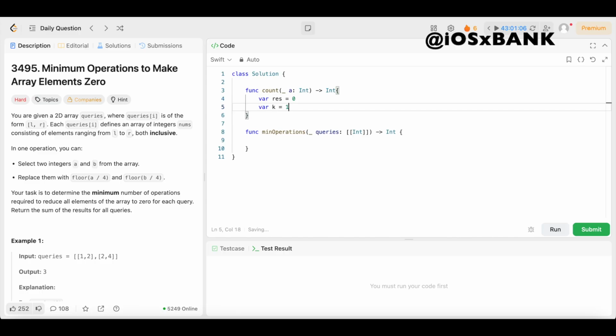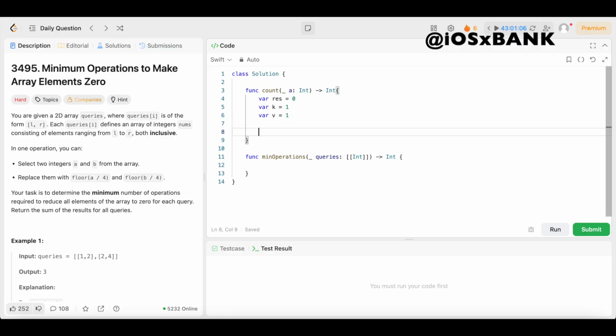Then we need the current block start value, which are going to be just powers of 4. So 1, 4, 16, 64, and so on. So we're going to declare a variable called v and set that equal to 1. Boom. Now, we're going to say while a is greater than or equal to v times 4. Boom. So while a is still large enough to include the full next block of size v times 4,